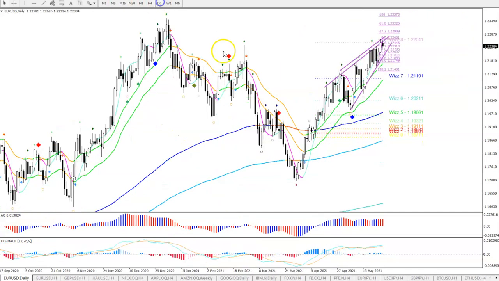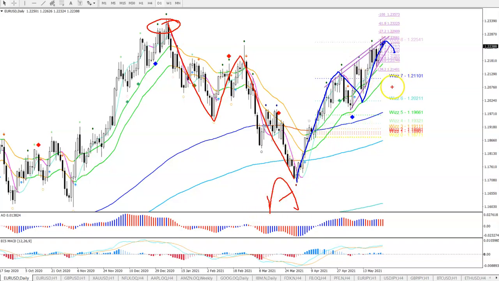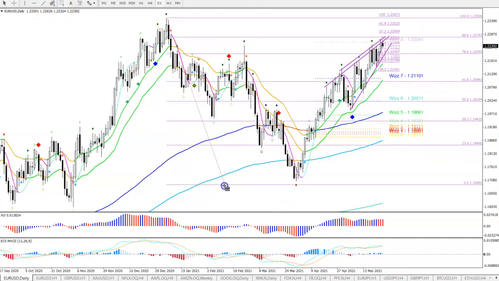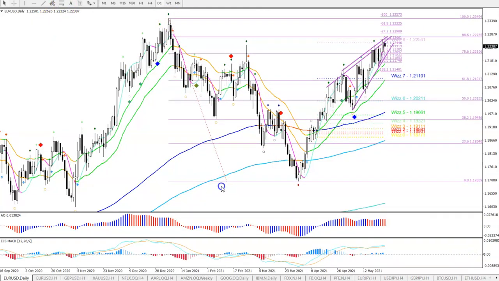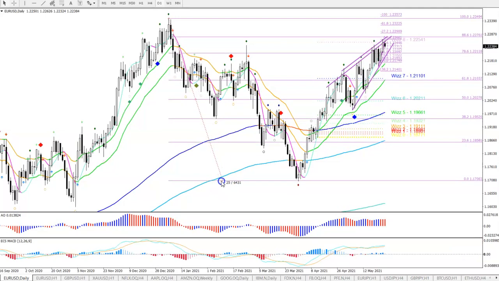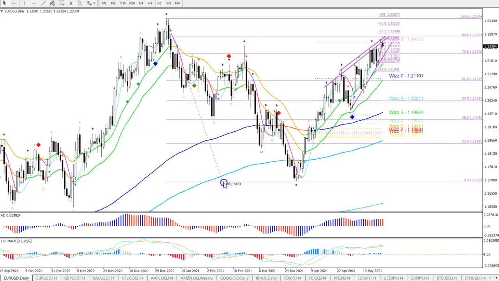Now, on the daily chart, this ABC pattern would complete a bigger correction, probably at the previous top. ABC like this, blue ABC basically finishes red A and red B, and then we expect a red C down to test the previous bottom. That red B could take place at the 88.6 fib. So from this point of view,